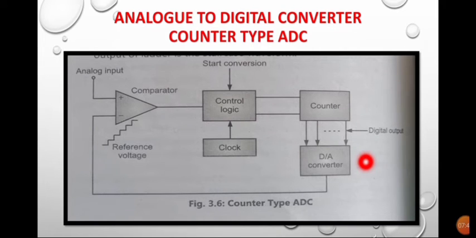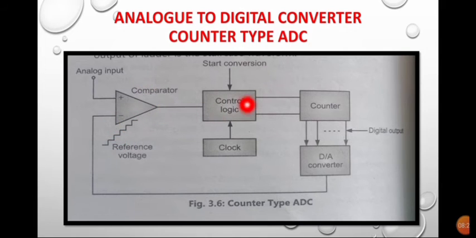Now let us move towards the next topic, that is analog to digital converter. In this case, we are applying analog input over here, and that analog input is converted into the digital form. So let us see first which blocks are used here. First is the comparator, which compares the two inputs. One of the inputs is the analog input, which is externally applied over here, and the second one is the reference voltage, that is nothing but the feedback voltage from the final output, which is given as a feedback to this comparator negative terminal.